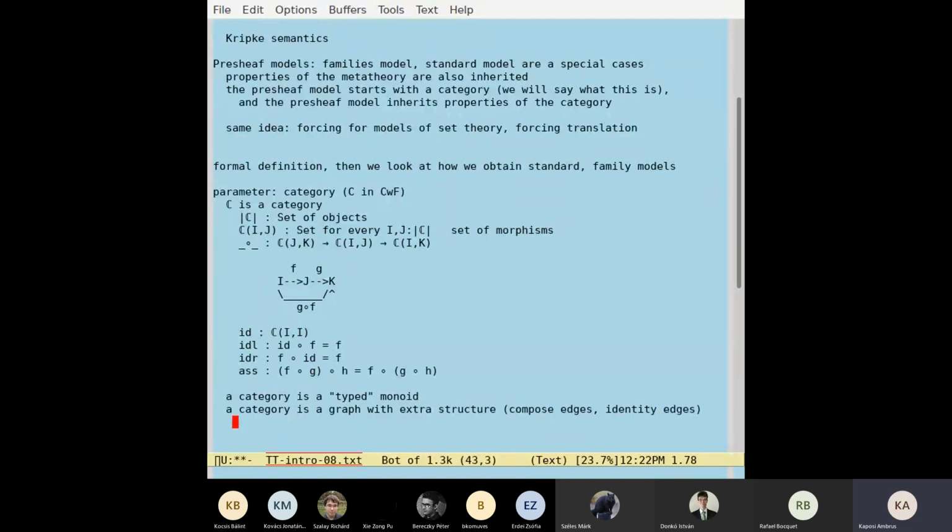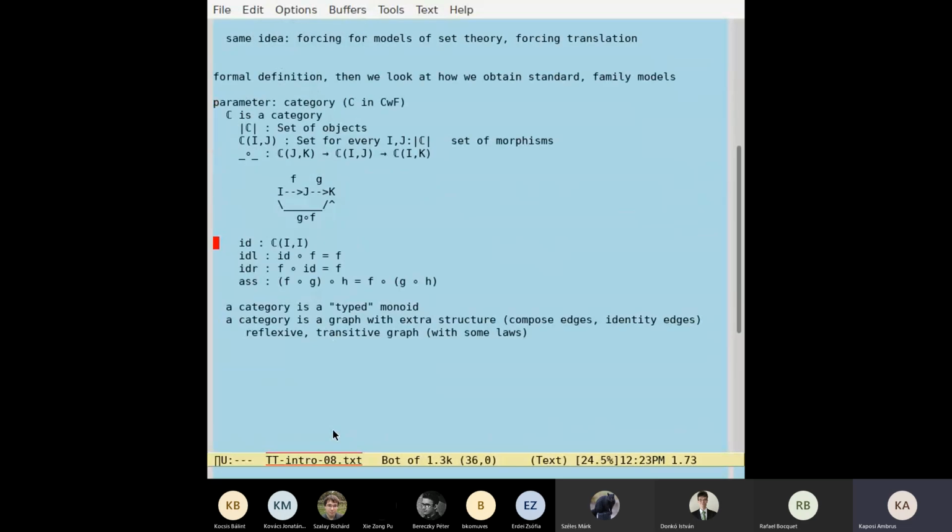It's also called a reflexive transitive graph, right? And with some laws, because the reflexivity is the identity, right? And it's really an identity. It really behaves like identity, and yeah. Okay. So this is just the parameter of the presheaf model,